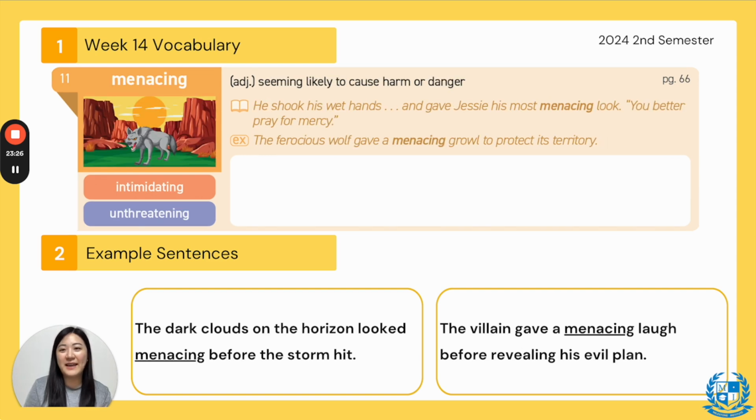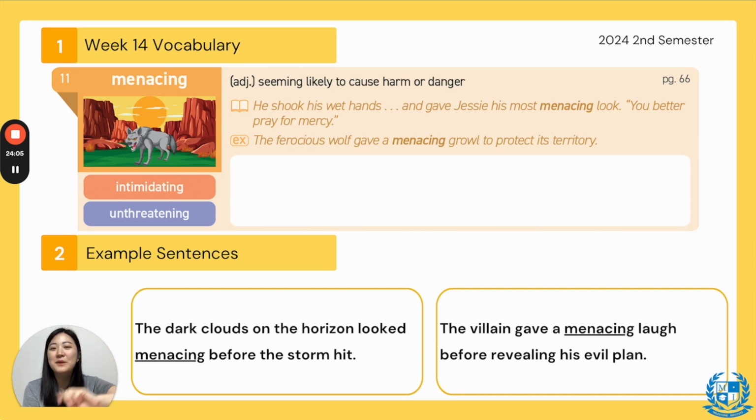Number 11, everyone say menacing. Menacing. The synonym is intimidating and the antonym is unthreatening. It's an adjective and it means seeming likely to cause harm or danger. So this just means a bit scary, dangerous, menacing. All very similar words. In the book it says, he shook his wet hands and gave Jesse the most menacing look. "You better pray for mercy." A menacing look, like,